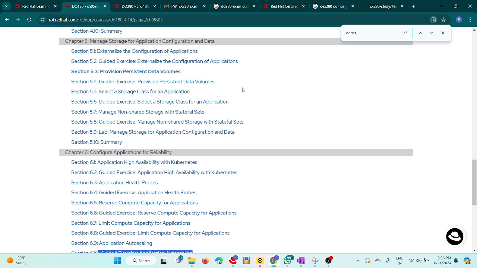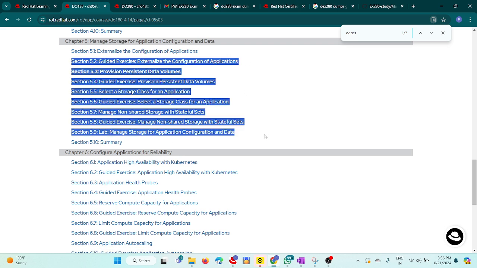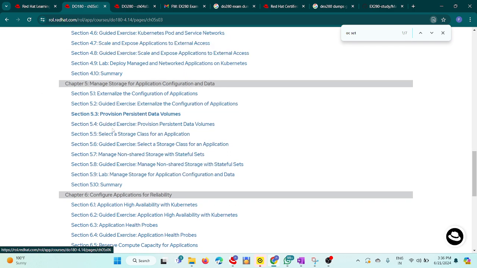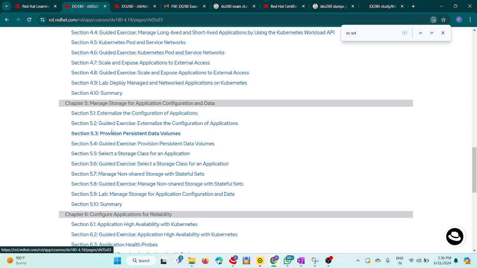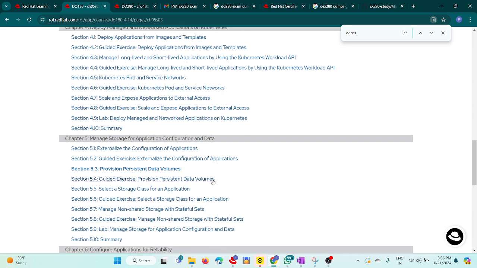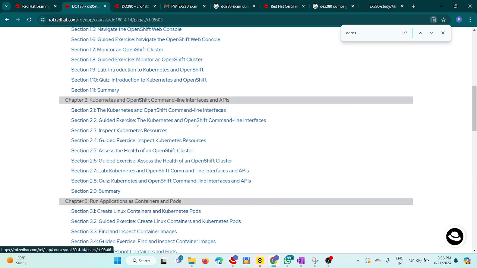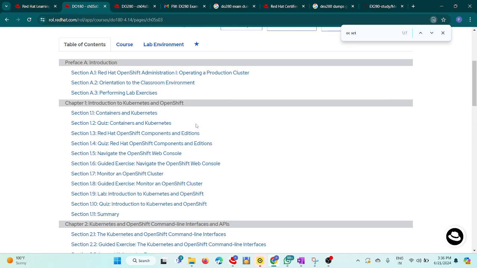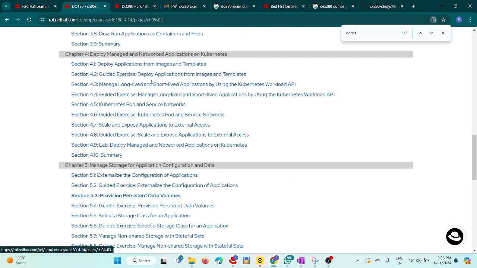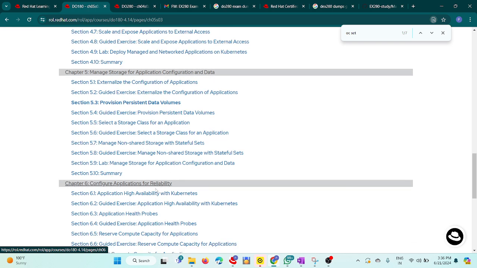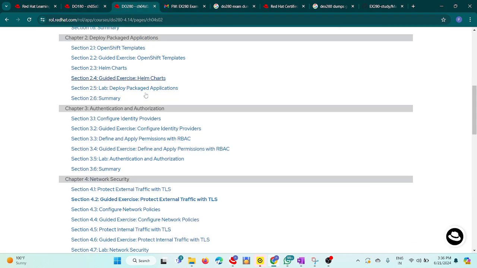Then coming to this, there will be one question on storage. All the steps you have to configure there. They have made it difficult, not easy, but you have to catch it and solve that question. So basically two things you need to prepare here. These topics you can prepare from DO180: just prepare DO180 application configuration data and reliability. Then coming to 280,